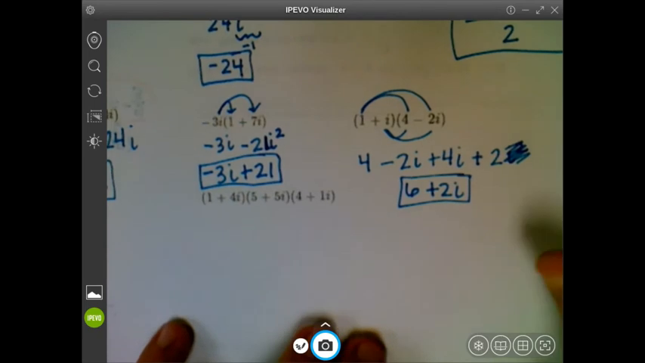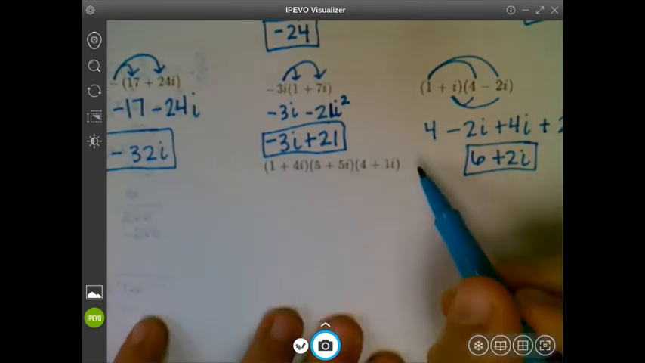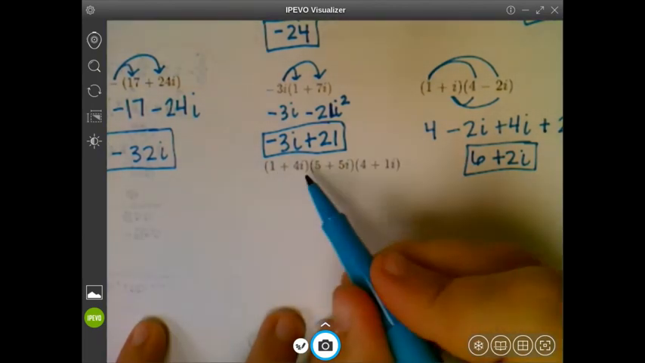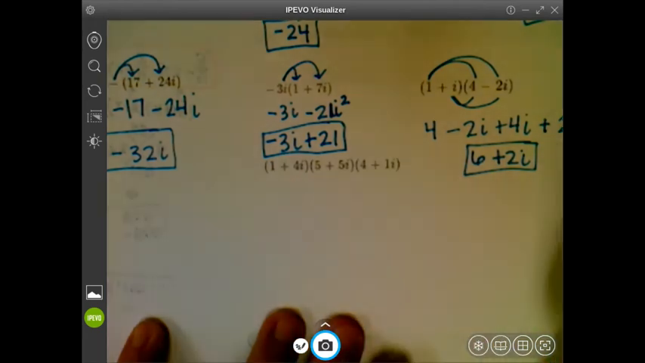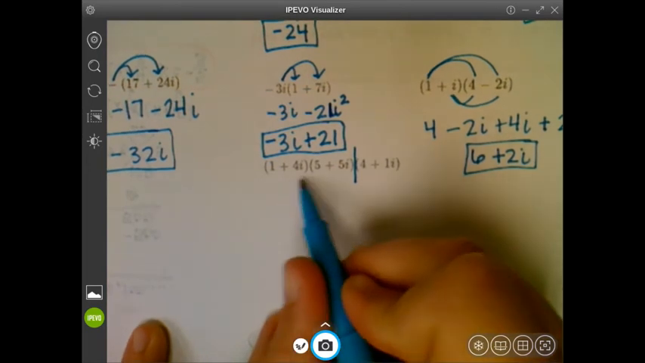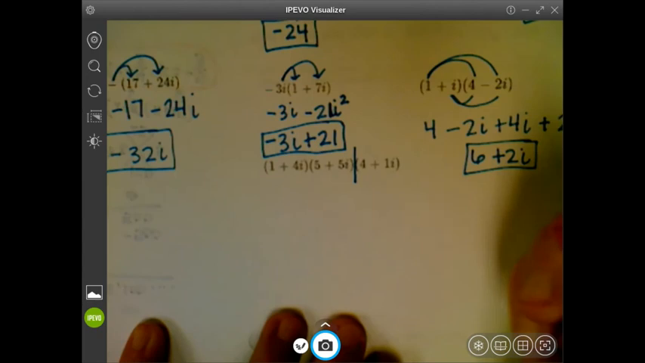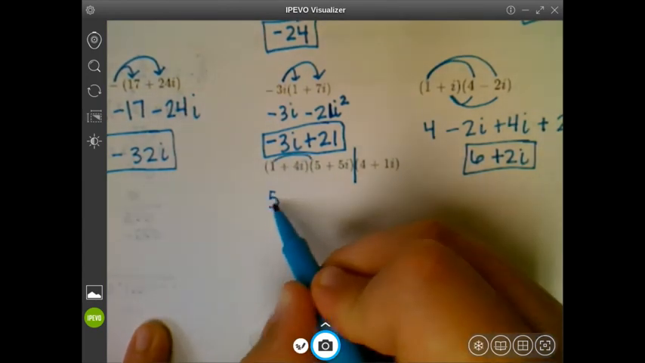All right, and last but not least, we have a triple distribute. So there's a times here, times here, times here. So the key here is to just do the first two and then put in the third one as you go. So maybe think of these as a separate problem here. Multiply the first two together, get a solution, and then we'll do that multiplication with this one. All right, so we'll have 5 plus 5i